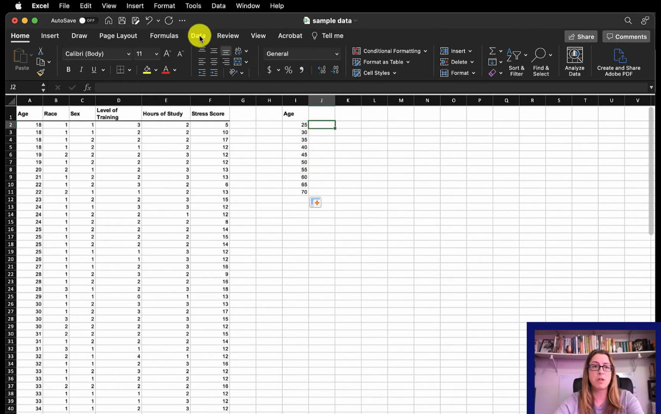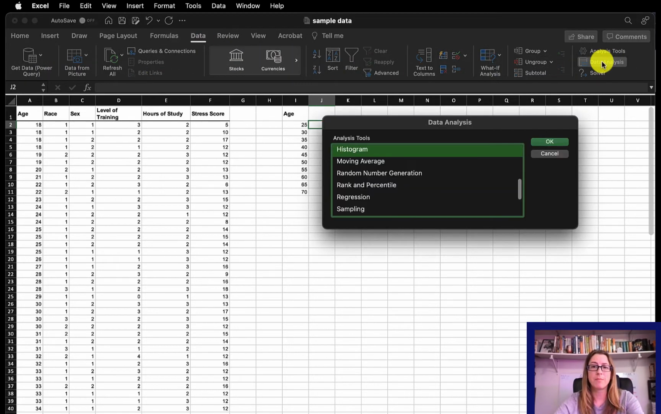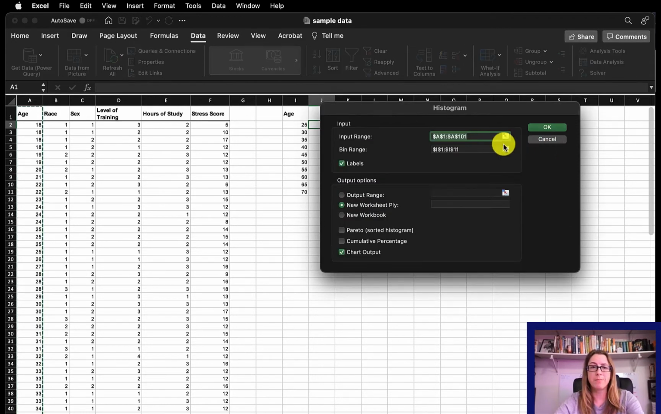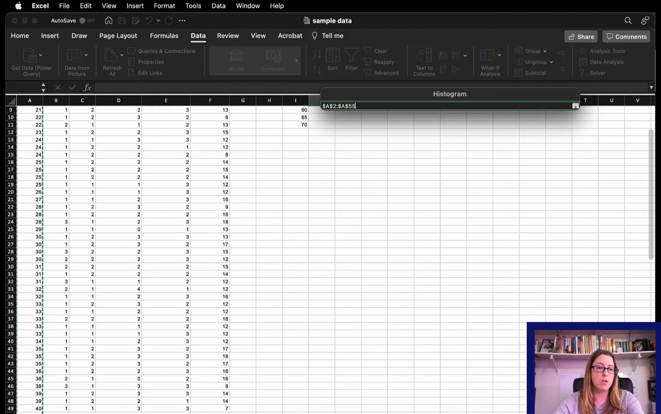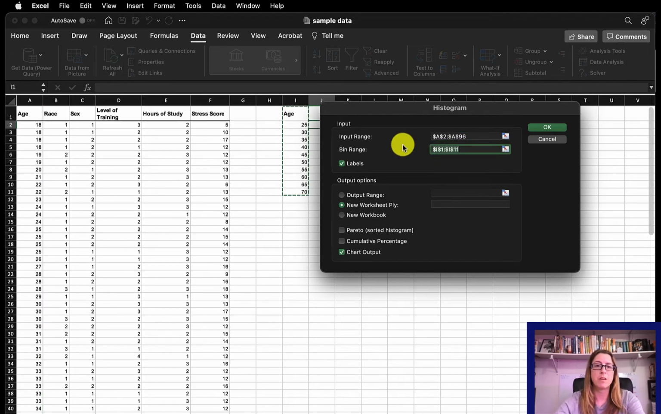So first, make sure that you click on the Data tab, go to Data Analysis, and scroll until you find this histogram option. Click OK. The input range is the range of data that is being analyzed for frequency. So you can click in that area and then highlight on the page the whole range of data, just like that. The bin range,